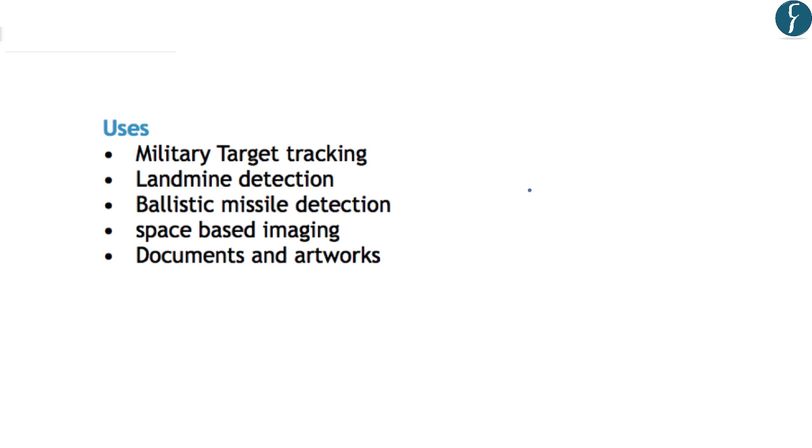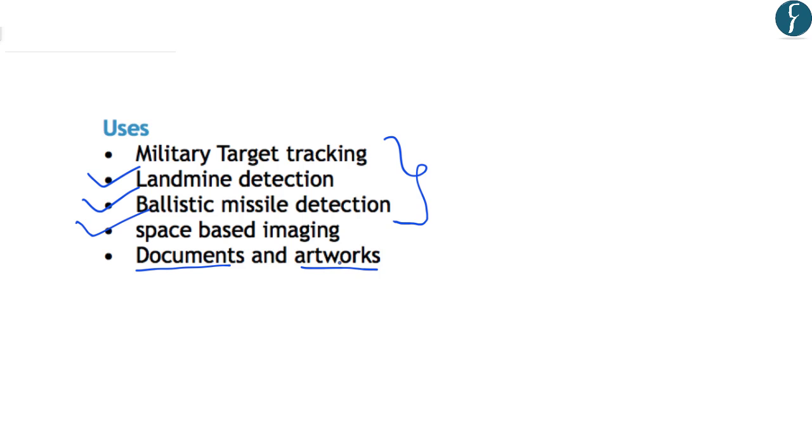Now, the uses or applications of multispectral imaging are important for us from the exam point of view. Regarding the uses, you should note that it has military applications. This is because it helps the military in identifying landmines which have been planted by militant or terrorist organizations. It further helps in identifying ballistic missiles. It also has application in space-based imaging. And finally, it has application in recording documents and artworks. And as we have seen, it is important in capturing information from manuscripts which have been affected by pests